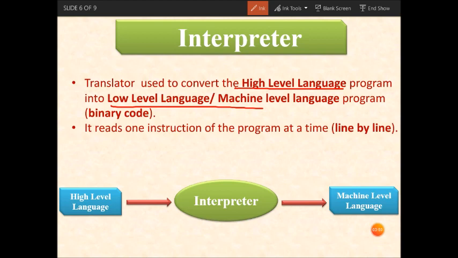At the time of execution, the control does not move to the next line unless the previous line or statement is error free. And the difference between compiler and interpreter is compiler compiles the program at once,